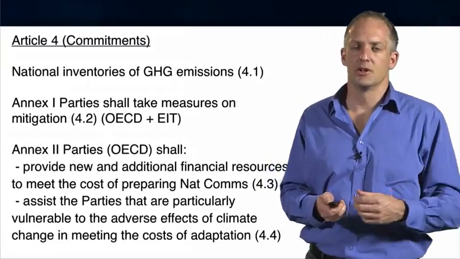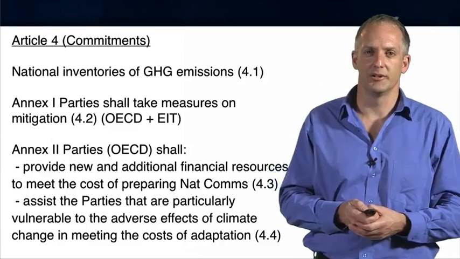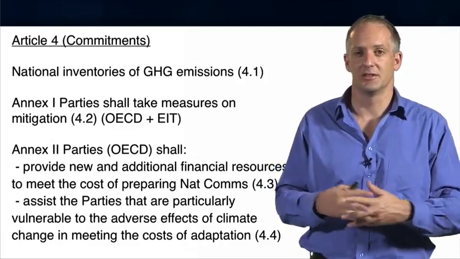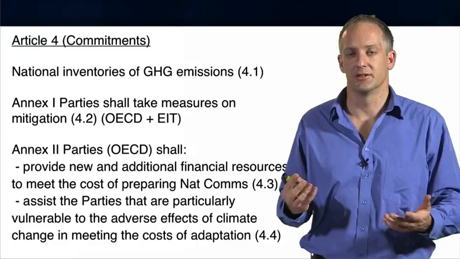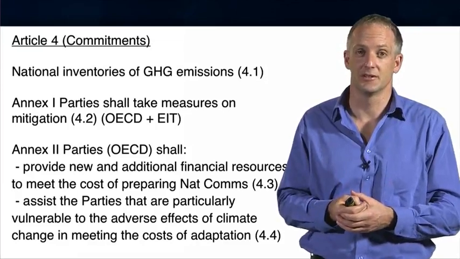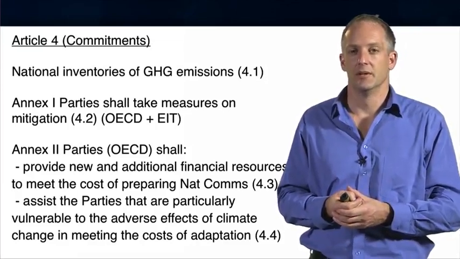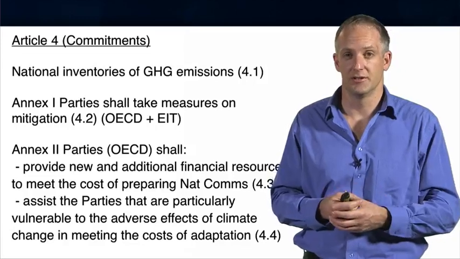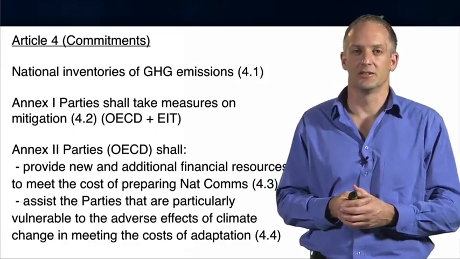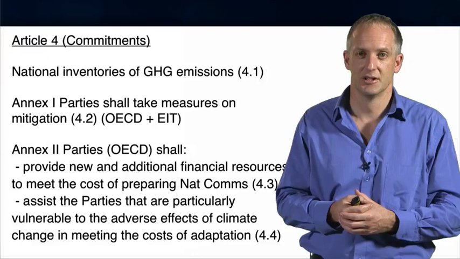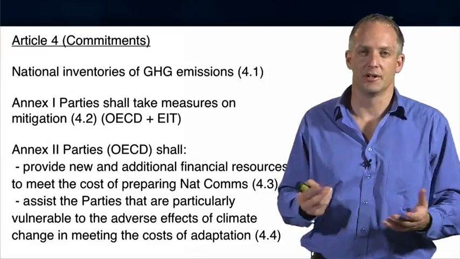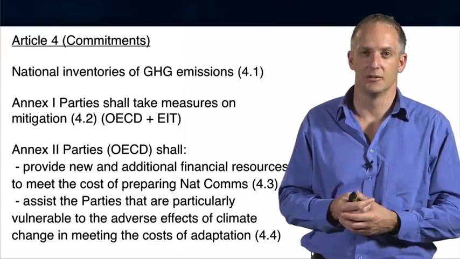The convention requires things of parties. It requires them to report on their greenhouse gas emissions. It requires the developed countries and economies in transition, those economies in the former Soviet Union principally, to take measures to reduce their emissions, shall take measures on mitigation. However, what those measures entail, the level of those emissions, is unspecified and was not specified until the Kyoto Protocol in '97. The consequences for failing to reduce those emissions, issues around compliance, have never been specified. So there's an obligation, but it's not in any sense legally binding, nor is it clearly specified.